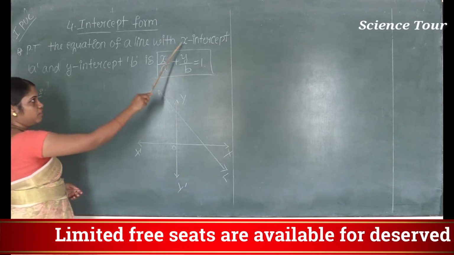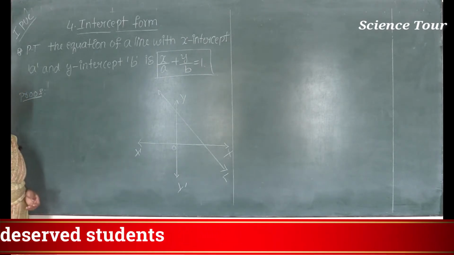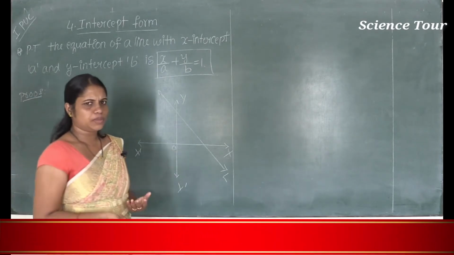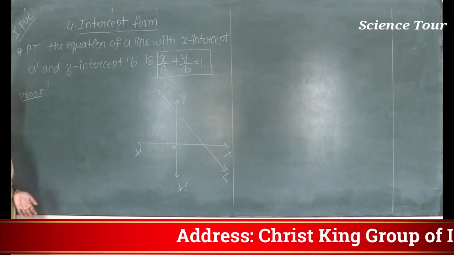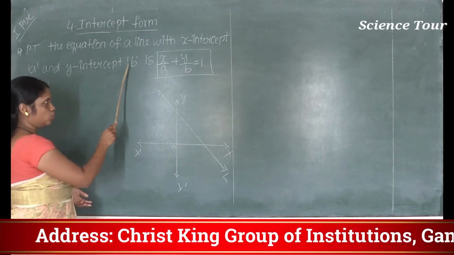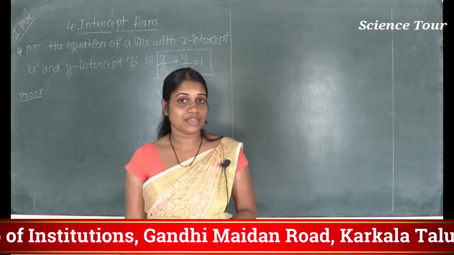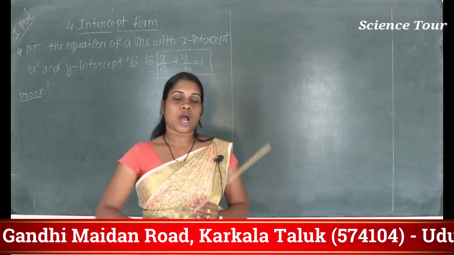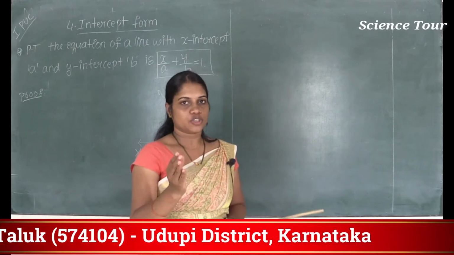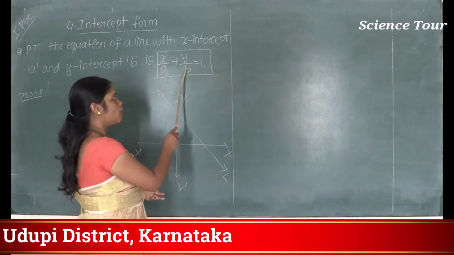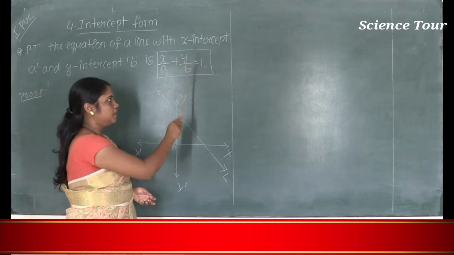So I already informed x-intercept. The x-intercept is normally denoted by small letter a. And in some cases it is denoted by some other letters. But normally x-intercept is denoted by a and y-intercept is denoted by b. So suppose in the question, if you have the values of x-intercept and y-intercept, then how to find the equation of a straight line? So that is the question. So here your formula is this one. It's a very important formula, x by a plus y by b equal to 1.